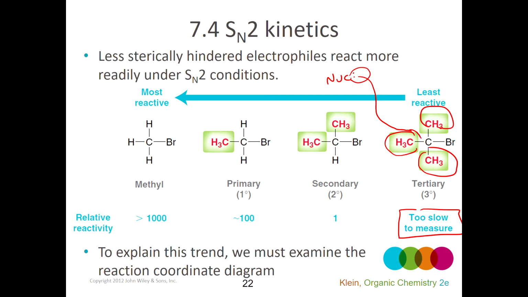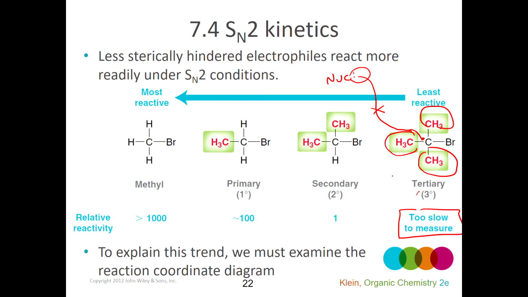So it would have to come in the back side and push out the bromine, but when there's other groups in the way, it's too infrequent that the collision would occur to even measure. You can let that go for a long, long time, and you won't see any product formation, because every time the nucleophile is about to collide in the right spot, one of these methyl groups is in the way and